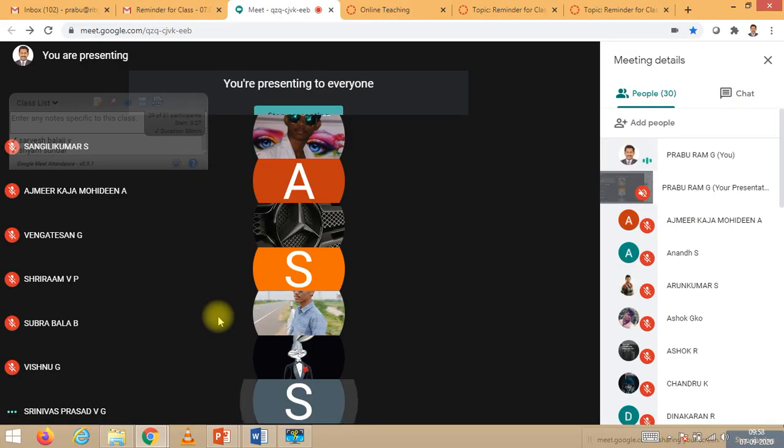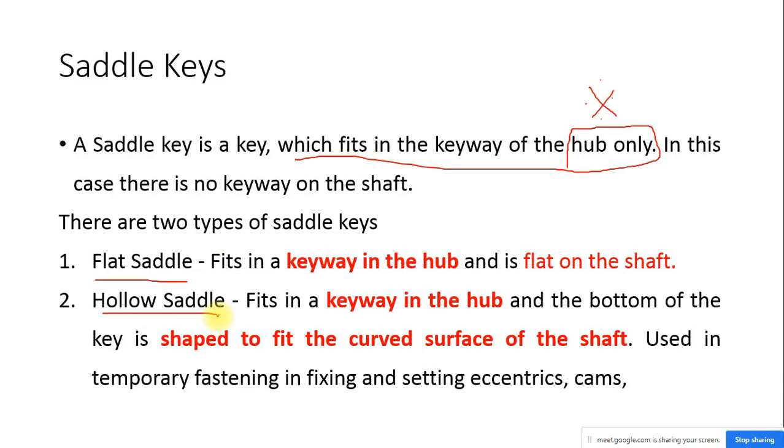The difference is the type of fit we are having. The provision will be somewhat away from the hub. So let me show you another video I am having, in which these elements will be fitted with the help of a key and how it is fixed. We will see it in the next slide.